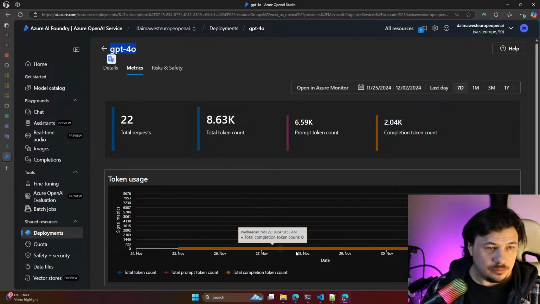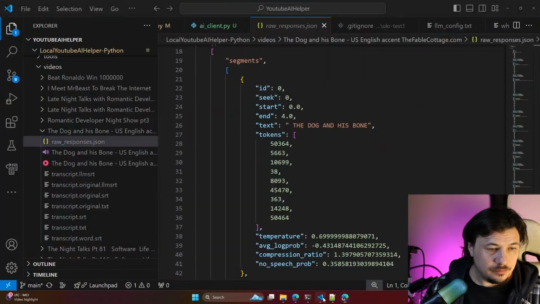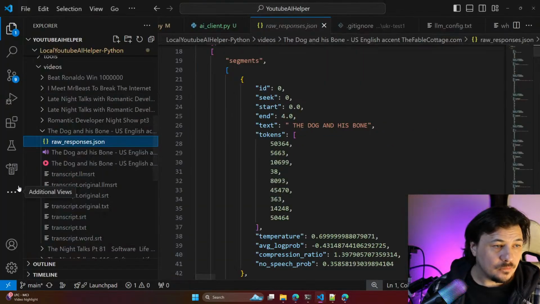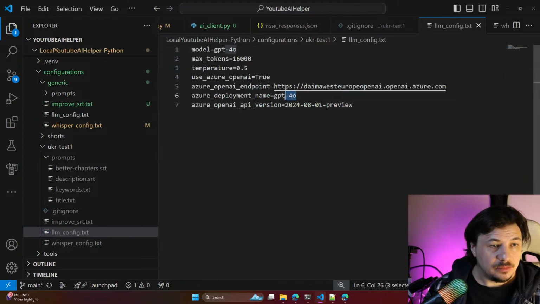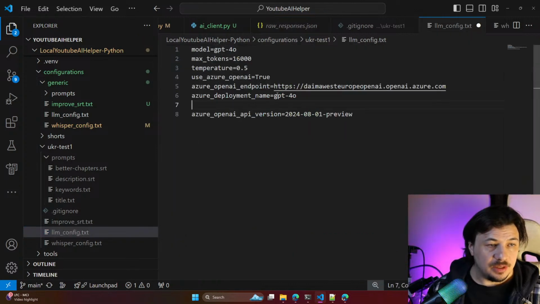GPT-4o. And I mean, LLM config GPT-4o deployment name looks good.